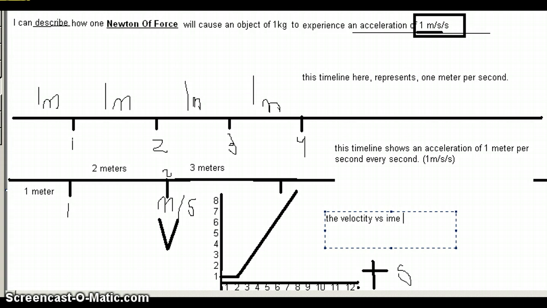Velocity versus time graph shows the acceleration